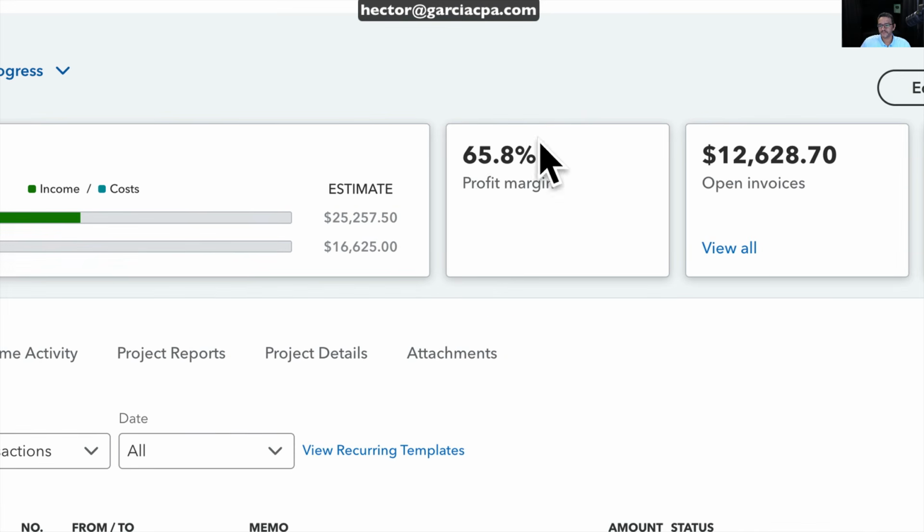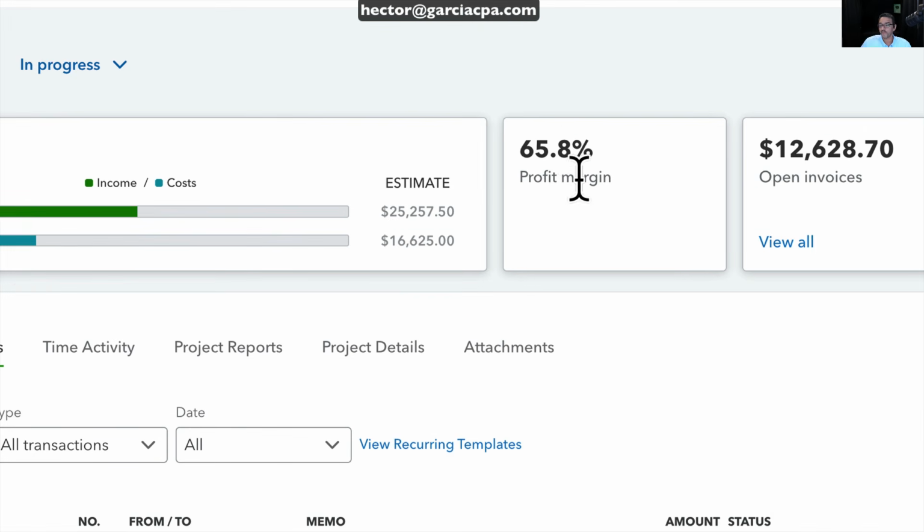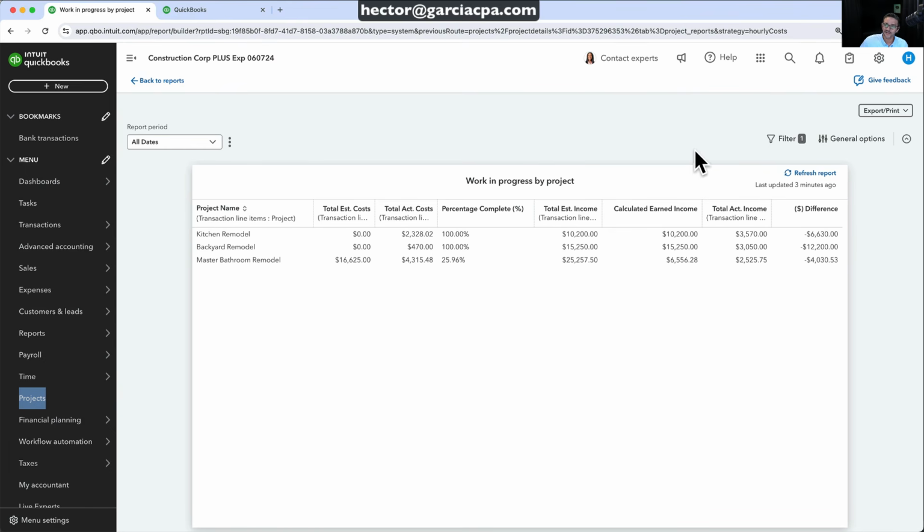On this projects page, it shows now that you have a lot more profit margin. Again, what you're seeing here is not your real profit margin. That's just profit margin based on the transactions that exist in QuickBooks. If you were to create no more transactions, all the invoices and all the costs, then this would be your true profit margin. But what you really got to do is go back into this work in progress report. We'll hit refresh here,